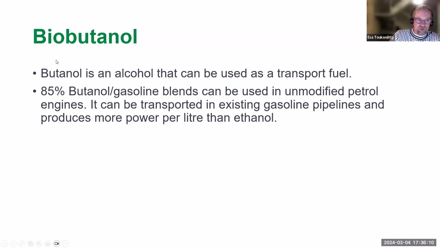This can also be made through a chemical route, so you can combine, I think, 2 ethanol molecules so that you'll end up with butanol and something else. Or then there is this kind of fermentation route to biobutanol. You end up with acetone and butanol, so you make 2 basic chemicals in the same process, but they're what I have understood. So it's a very old process, already over 100 years old, and the yields are quite low